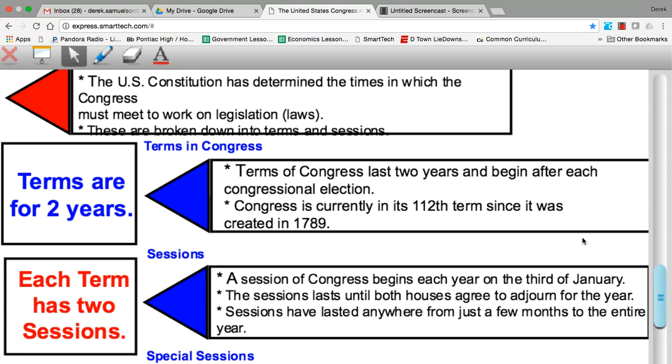Now, this can be just a few months, and historically it was frequently just a few months. Members of Congress wanted to get home for summer planting season, back when most people worked on farms. However, as our economy changed and as our government became bigger and its responsibilities became bigger, typically sessions now last an entire year, and they'll go until mid-December. There may be instances where Congress has gotten a lot done and they might adjourn around the time of Thanksgiving,